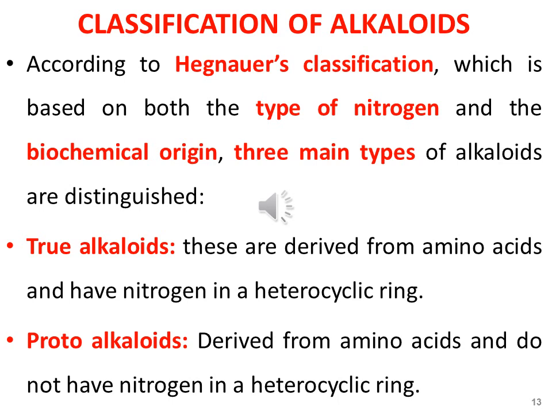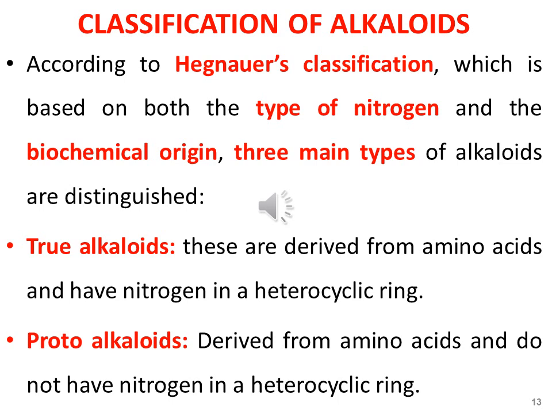Whereas the second type of alkaloids are called the proto-alkaloids. Proto-alkaloids are also derived from the amino acids and do not have nitrogen in a heterocyclic ring. So they don't have nitrogen in a heterocyclic ring. Their heterocyclic ring may comprise oxygen or any atom other than nitrogen. So those alkaloids that don't have nitrogen in their heterocyclic ring are called proto-alkaloids, and